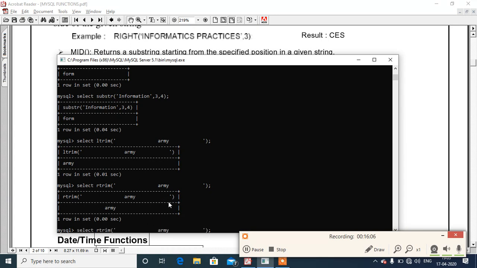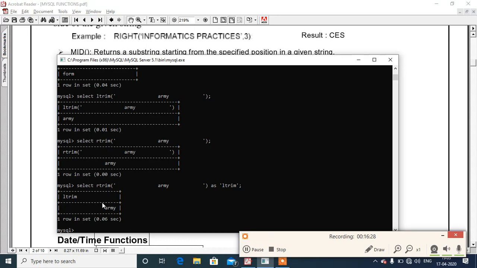If you want to see whether a space is removed or not, you can use column alias or table alias, select rtrim whatever is given, and I'm writing as ltrim. Now this will become the new column name, and you'll see starting spaces are there, but the trailing space will be removed.